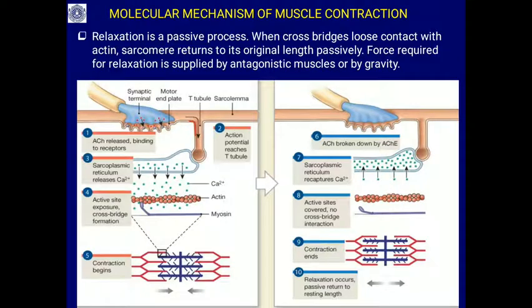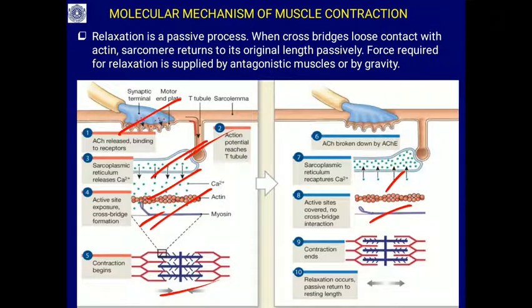So this is what you can see: the calcium ions get released. This is the neuromuscular junction, T-tubule, then sarcoplasmic reticulum, so that now the actin is no longer blocked, the myosin cross bridge makes contact, and there is a contraction. Once there is a contraction, for a while, immediately what happens? The actin and myosin are no longer in contact, because all this calcium is pumped back to the sarcoplasmic reticulum, so the myosin is no longer in contact.